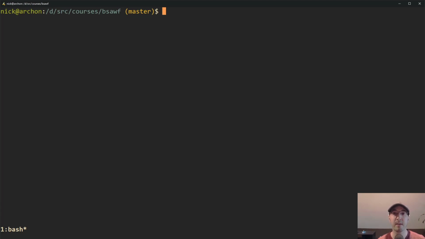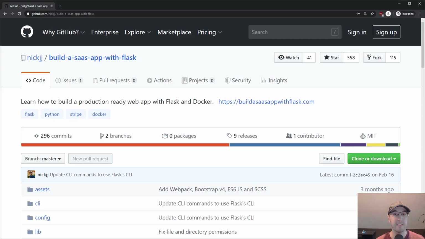In this video, let's go over configuring Gunicorn with Flask, and let's do it in such a way that we can reuse the same Gunicorn config file in both development and production, but still have the flexibility to change a couple of values around. So just a heads up,